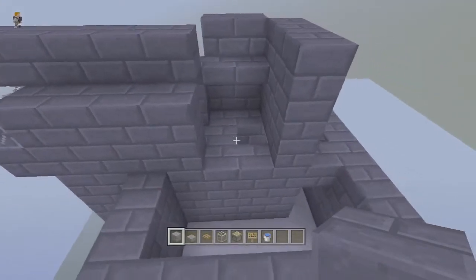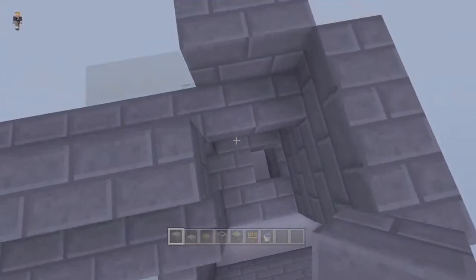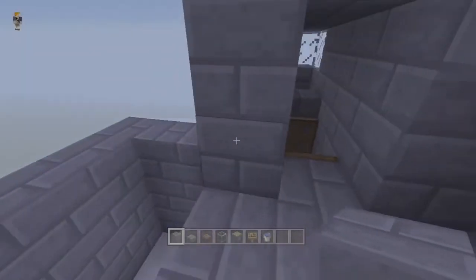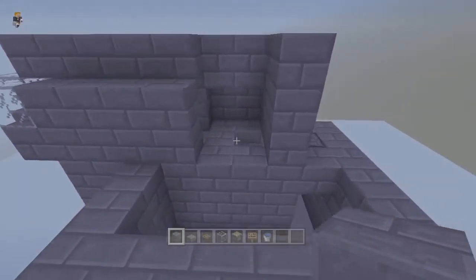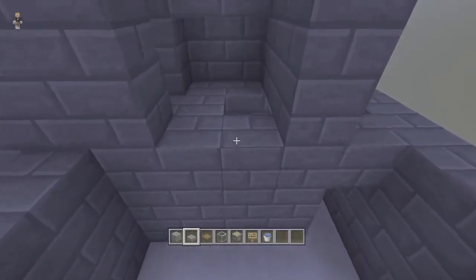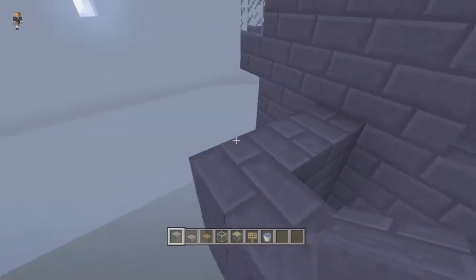Just to get it out of the way. Now, that's pretty much it, the build itself. I'll get to the redstone part. I just want to cover up a few things right here. Like, the only way the creepers will run to this direction is if there is somewhat of a